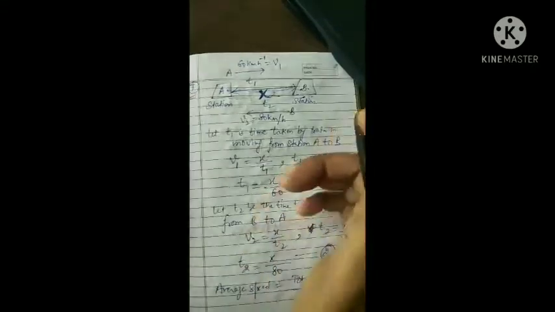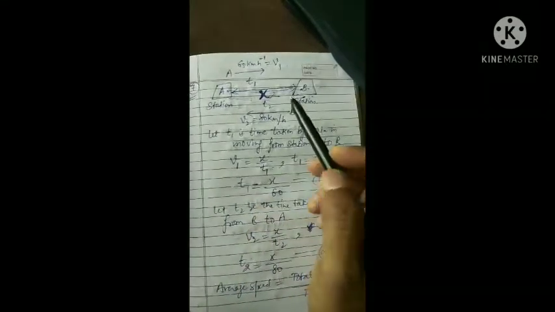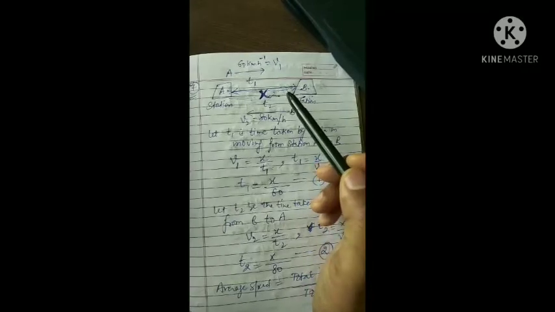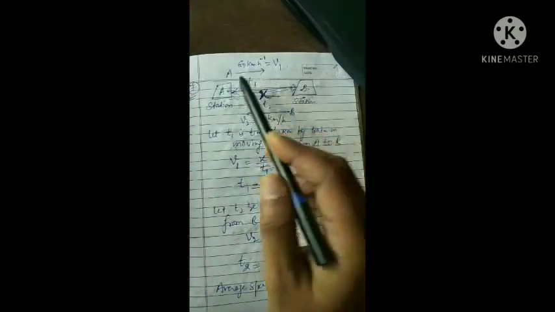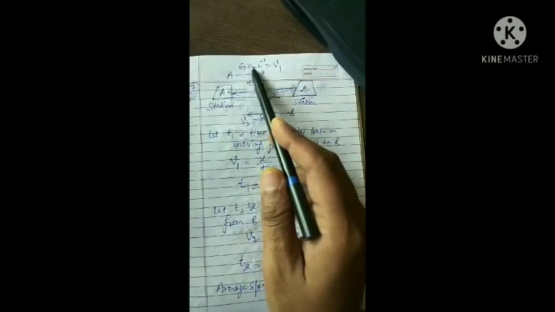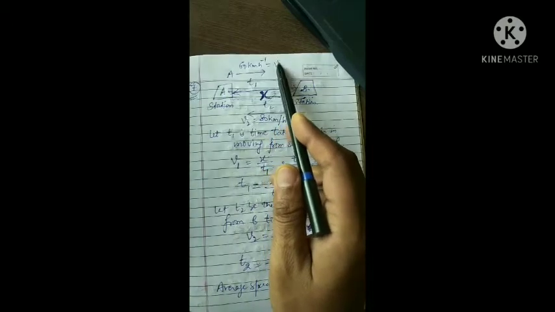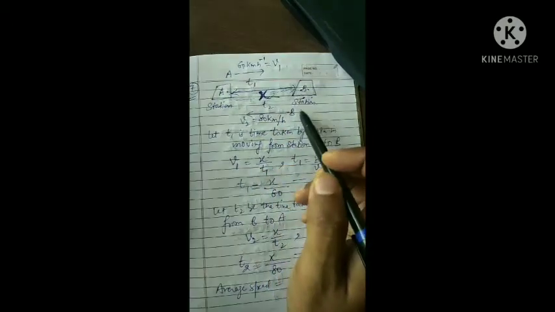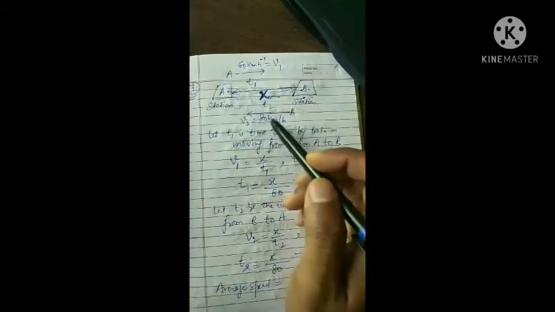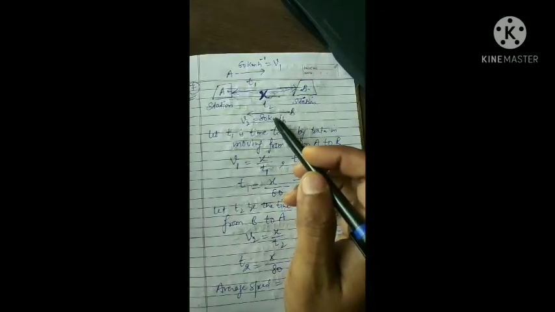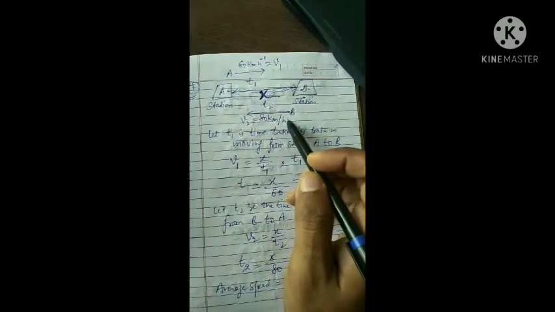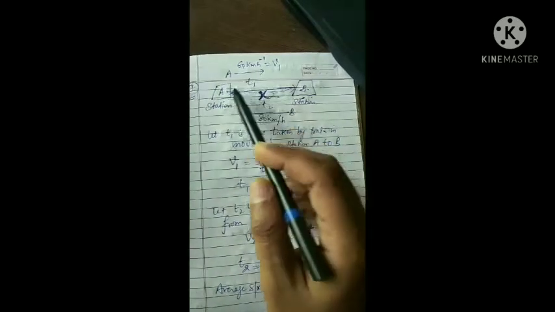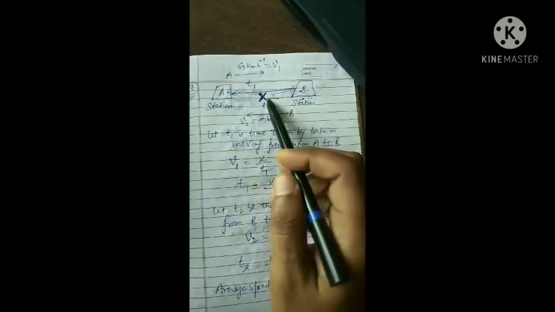So in seventh numerical, sixth I am giving you homework. It's a simple one. Seventh one is a train travels with a speed of 60 km per hour. So this is station A and this is station B. Towards this side, the train is moving with 60 km per hour. Let it be V1. And from station B towards station A, the speed of the train is 80 km per hour, that is V2, 80 km per hour towards A, and let the distance between two stations is x.